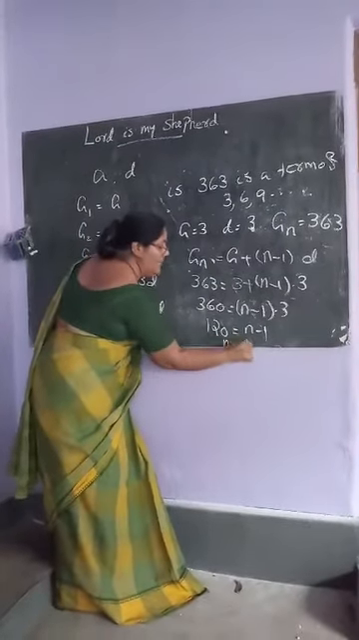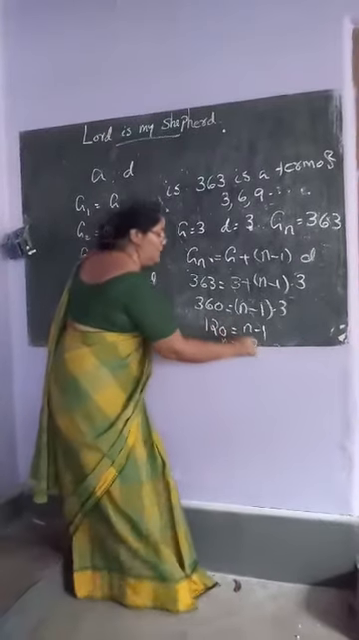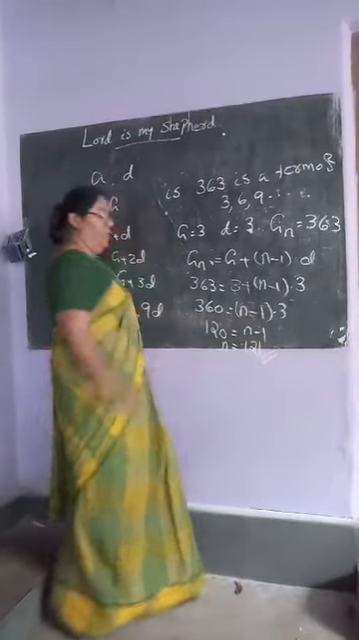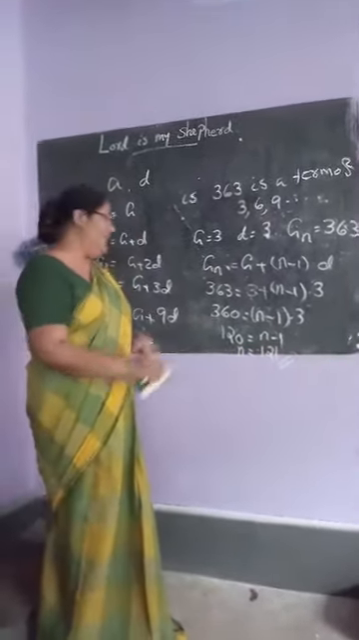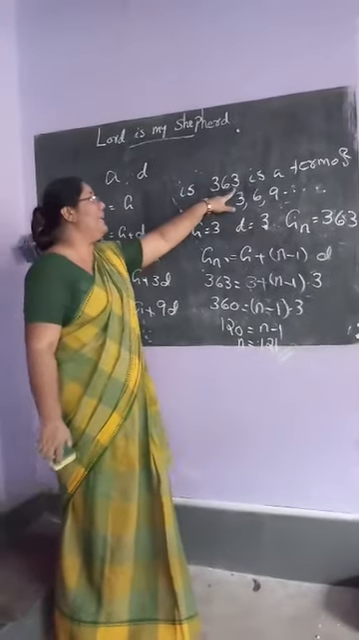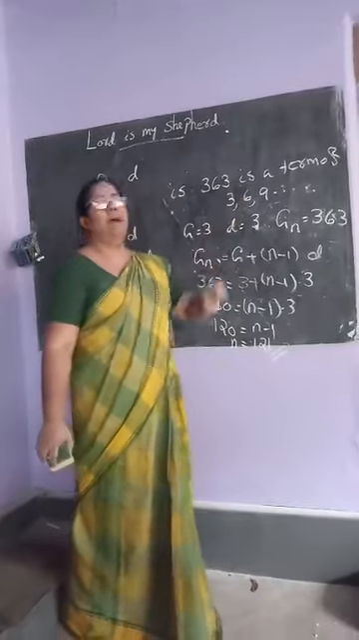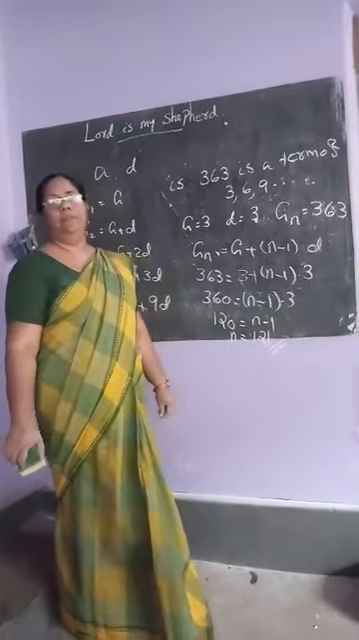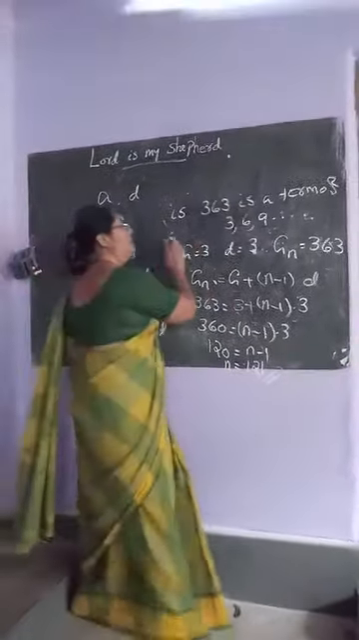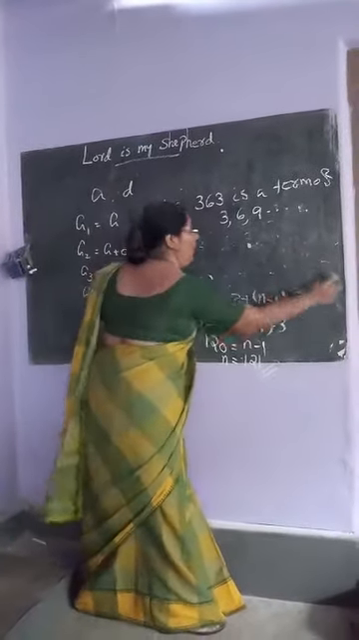From that, N is equal to 1 minus 121. Therefore, we can say that this 363 is the 121st term of this arithmetic progression. Next problem is,